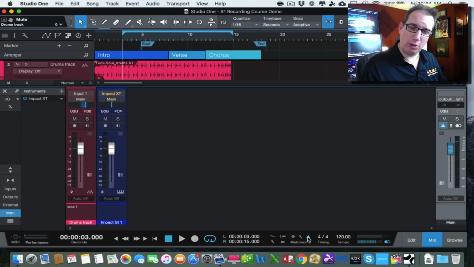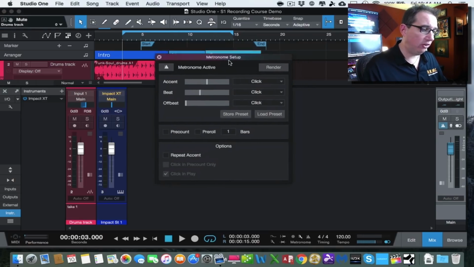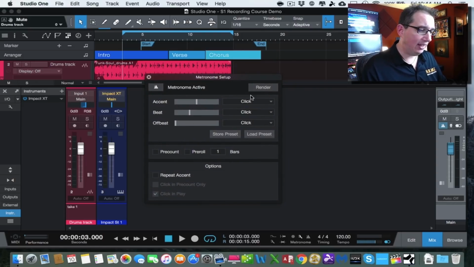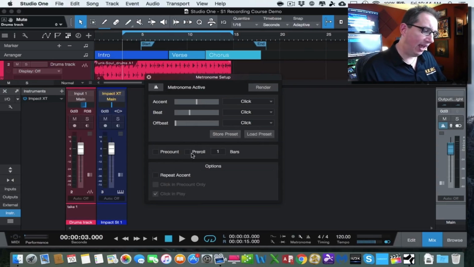That'll give you a metronome as you start recording, or a click track that you can record to. You have a little wrench next to the metronome. If we were to turn that on, you have some settings along the metronome. What kind of click sounds do you want? What kind of beats do you want? Do you want something on the off beat? Do you want to have a pre-count or a pre-roll? All of your metronome setups are in that little section there when you click the little wrench, and you could